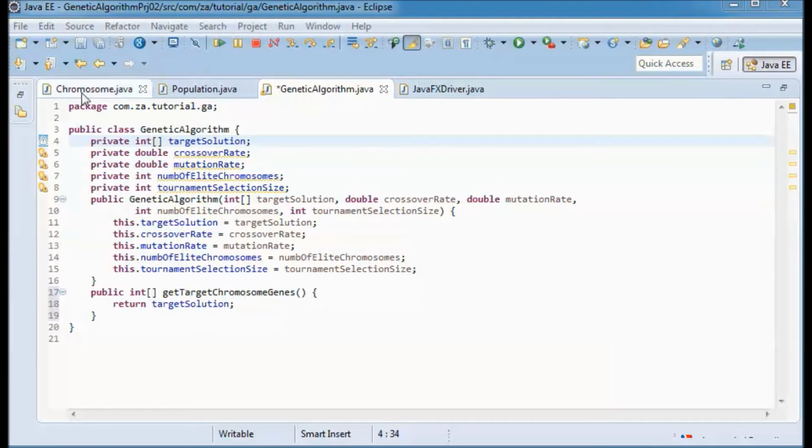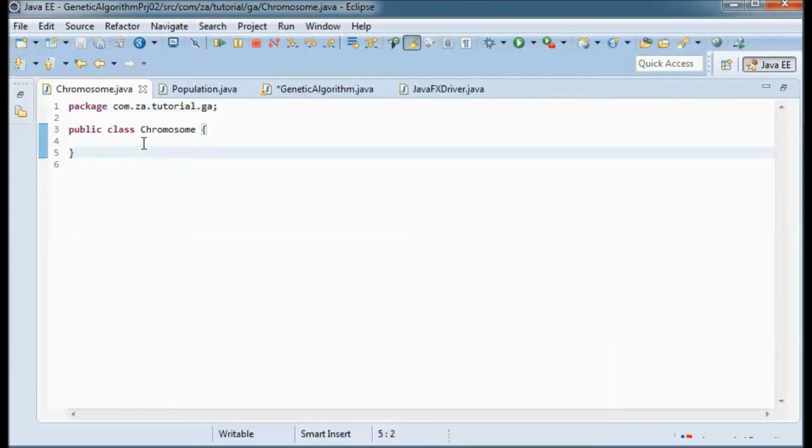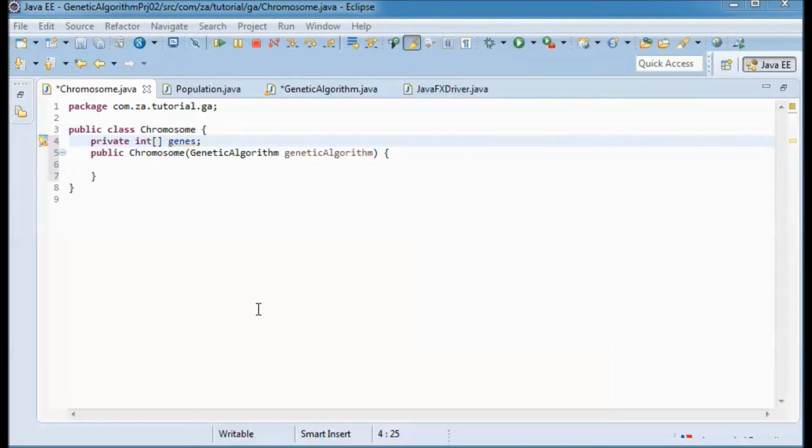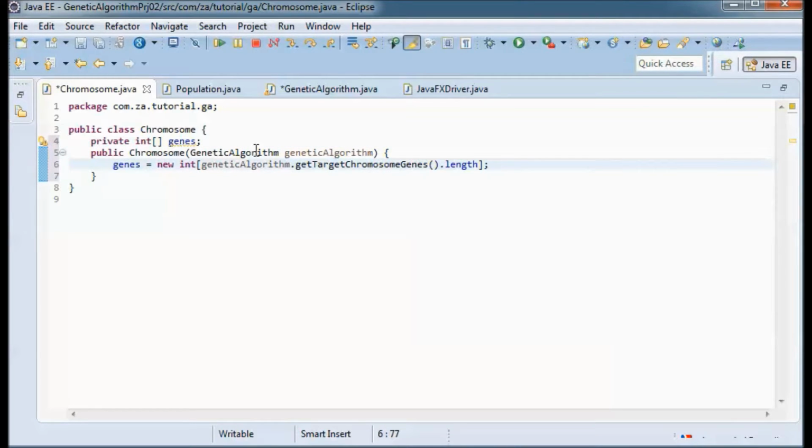And now going to the chromosome class, we will have a constructor that takes in a genetic algorithm, and let's define this genes array of ints, and we will be instantiating it in the constructor and setting its length based on the length of the target chromosome.